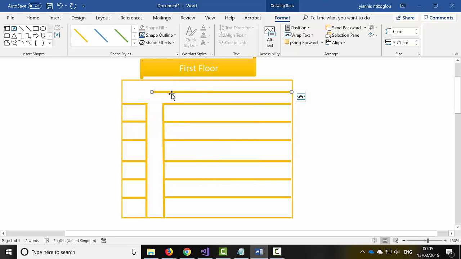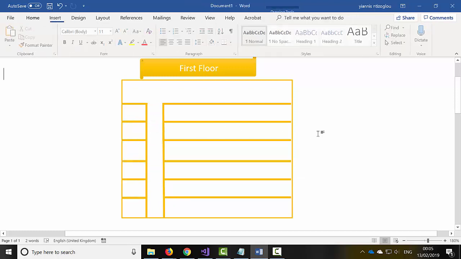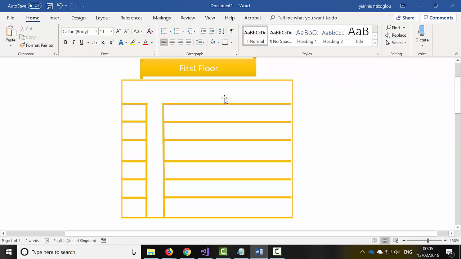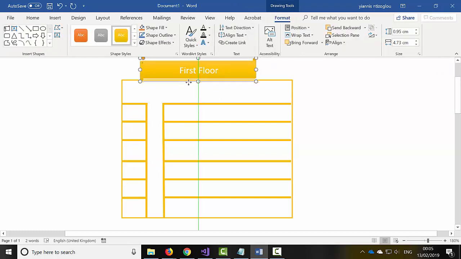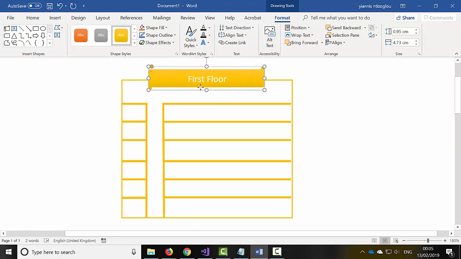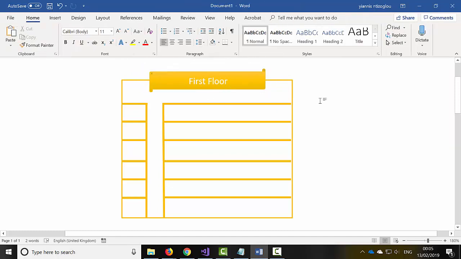Then by holding the control key down, I clicked and dragged and created the extra lines, and by doing this I've created these little boxes here. As you can see, there are individual lines by clicking and dragging. So basically by following this strategy, I've created a little map that I'm going to now print screen. So let's select this option here. Let's put it further down. This will do. Then I'm going to print screen this now,